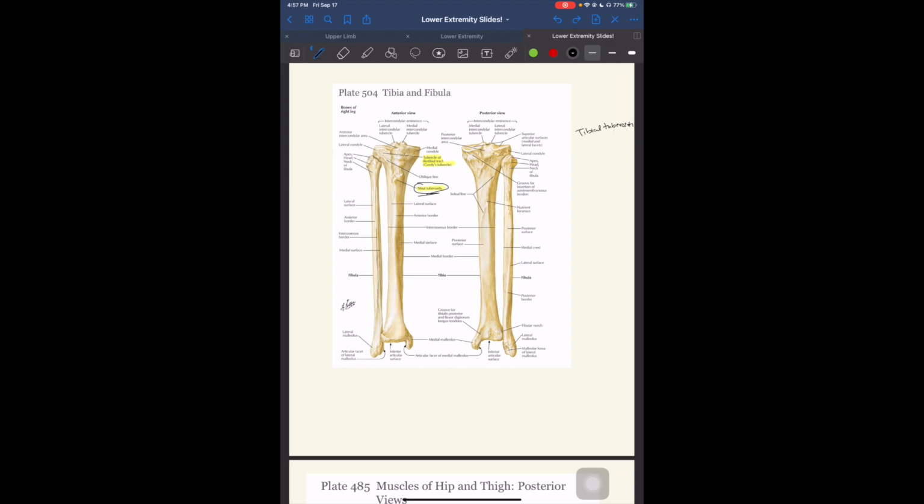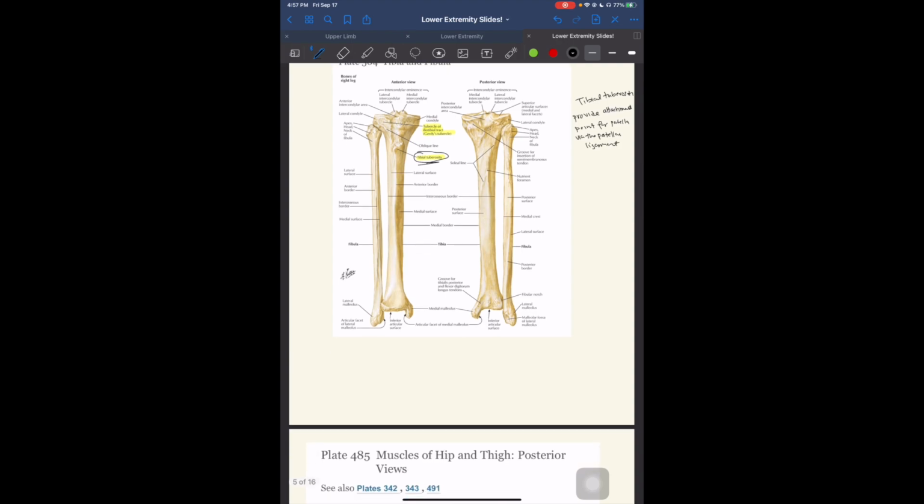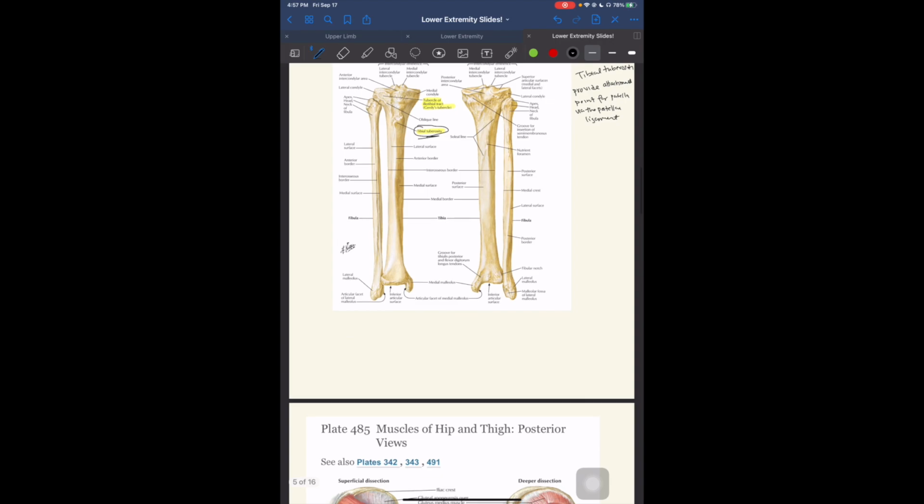The tibial tuberosity is going to provide an attachment point for the patella via the patellar ligament. And this is really important for knee extension. Knee extension happens with our quadriceps group. So when we contract our quadriceps in our anterior thigh, that quadriceps tendon,